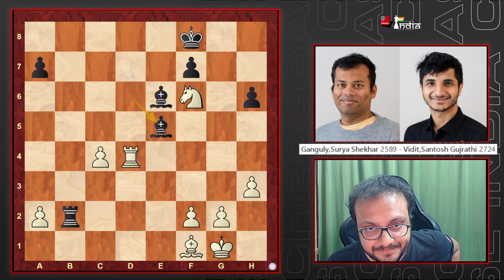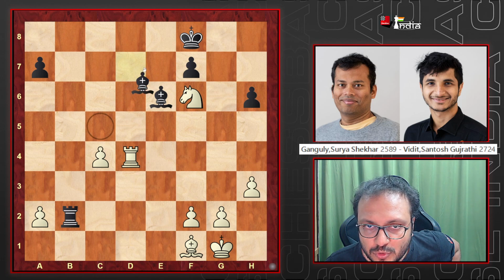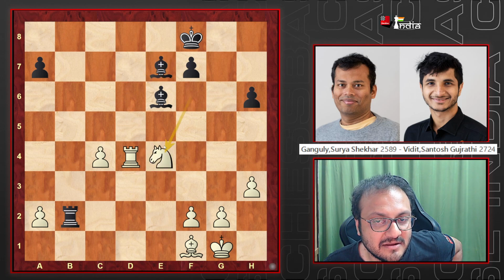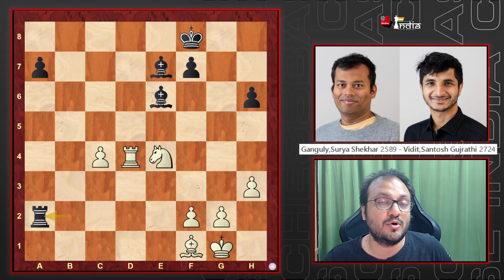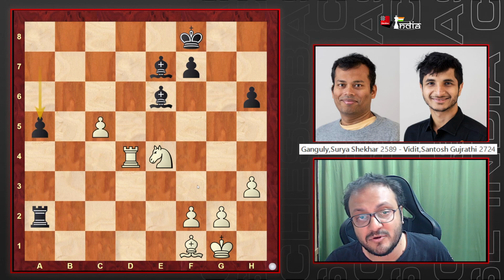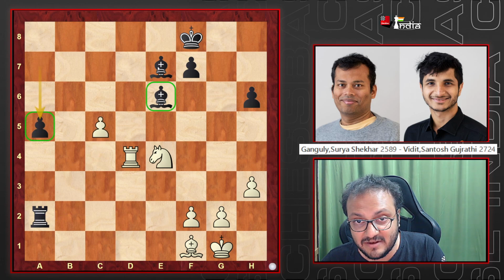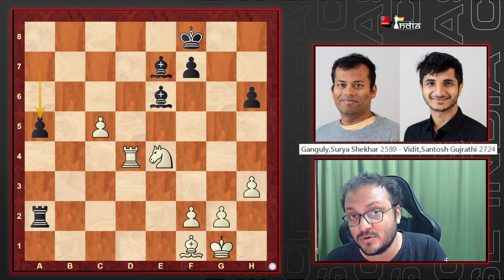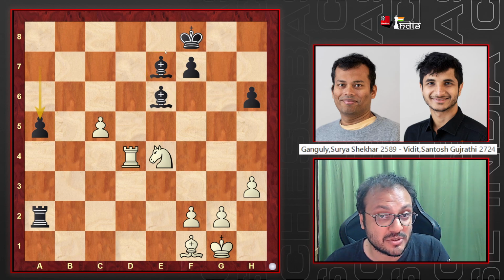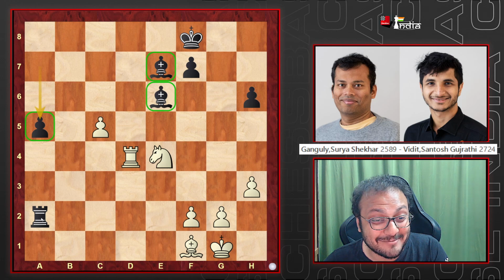White is fine here. The main point here is to go back bishop e7, attack the knight, and after knight e4, chop this pawn on a2, when you have your own passer on the a-file with the two bishops, where a pawn down doesn't matter so much because you have qualitatively better.